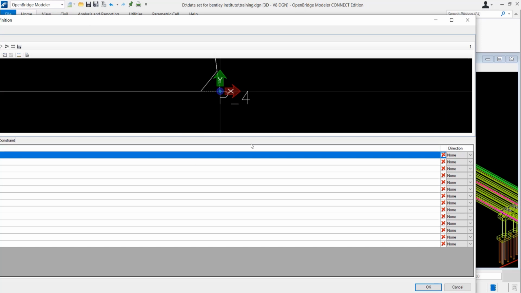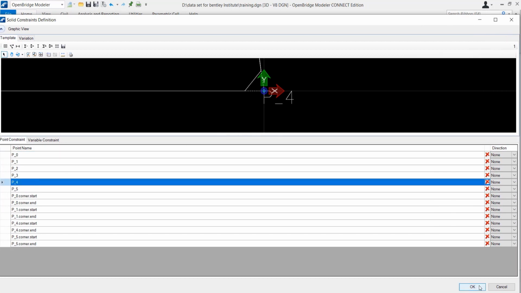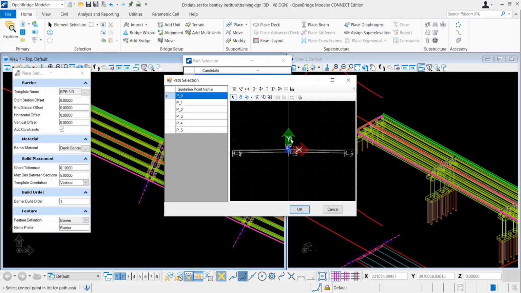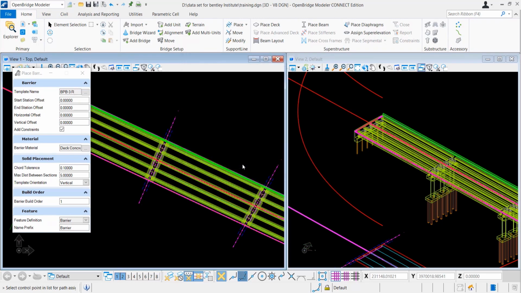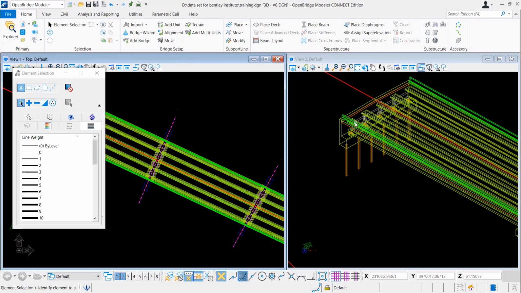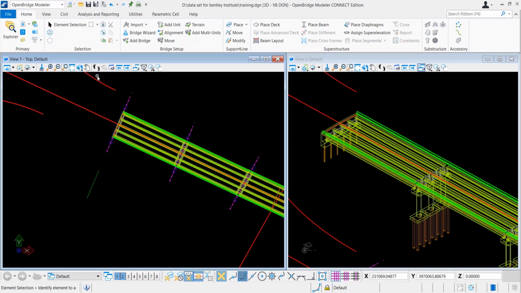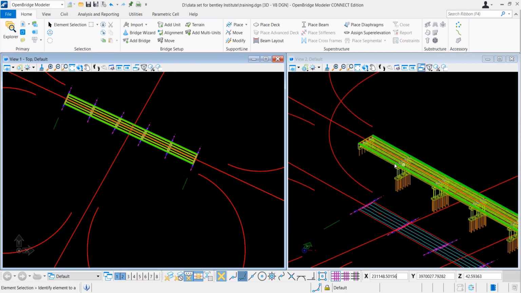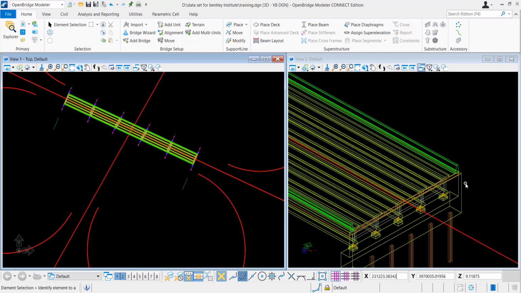In a similar way, we are placing the right side crash barrier as well. We select the point P4, that is the attachment point of the crash barrier, and here you can see the attachment point of the deck, and this time it would be P1, and it placed both crash barriers for you. But you can also place something more. You can place certain ancillaries as well, like we are going to place the light post for you.